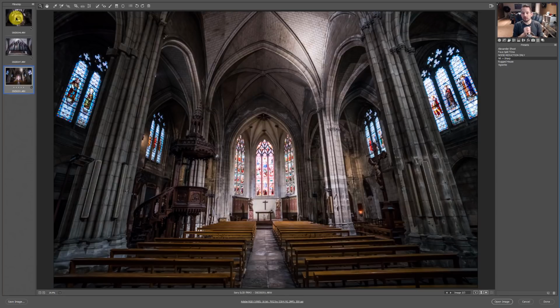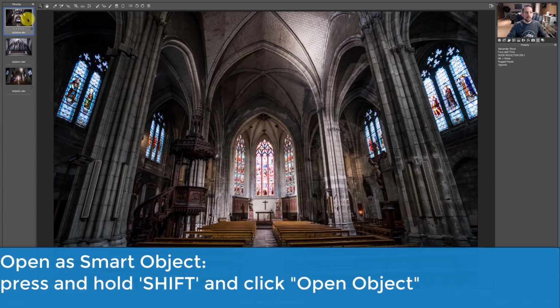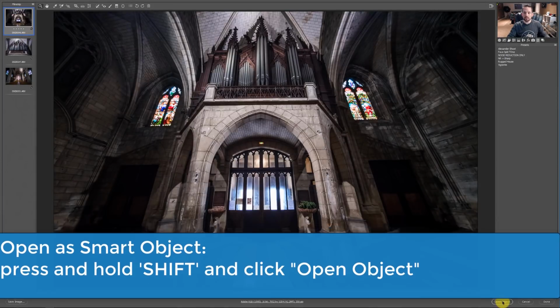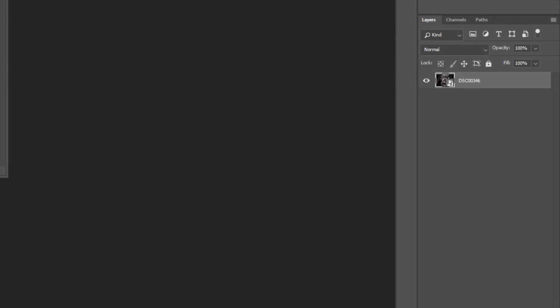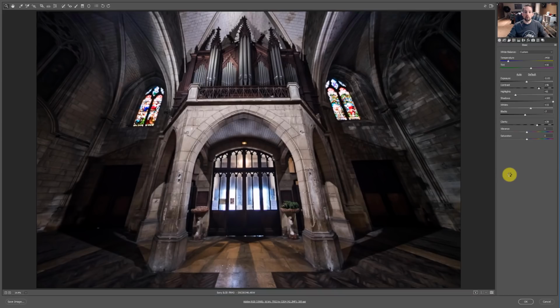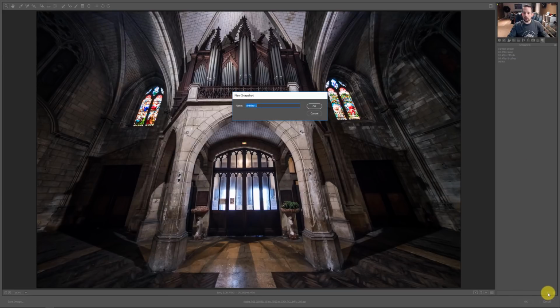There is a word of caution that I have to throw at you here. If I were to open this image up into Photoshop as a smart object, press Open Object. Because it's now a smart object, I can double click anywhere inside this box, the image of this box, and go back into my Adobe Camera Raw settings. Let's look at the snapshots. It still has the snapshots here that were listed before, but if I were to make a new one, let's just say we're going to call this one new snapshot 07 test